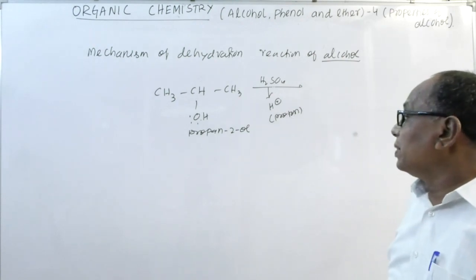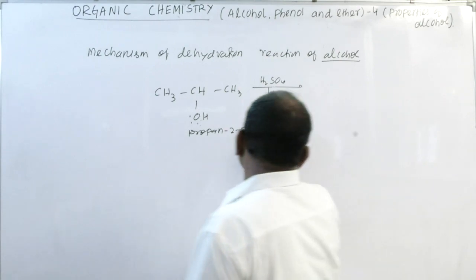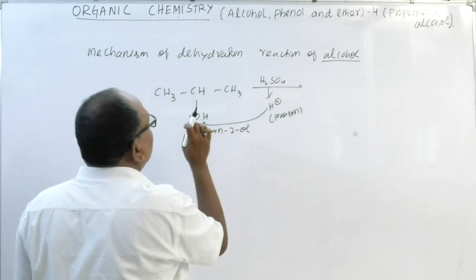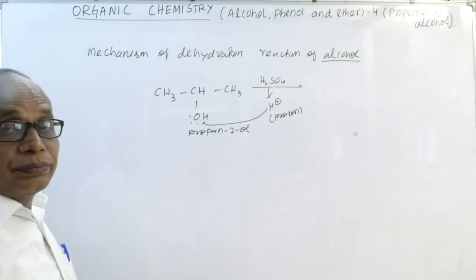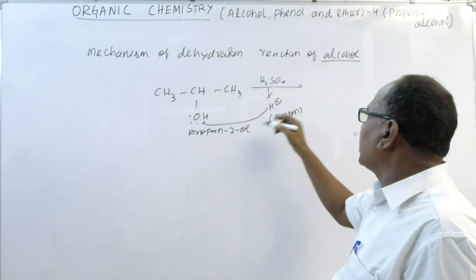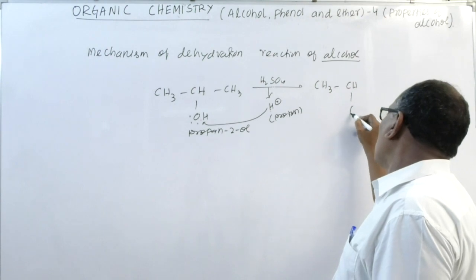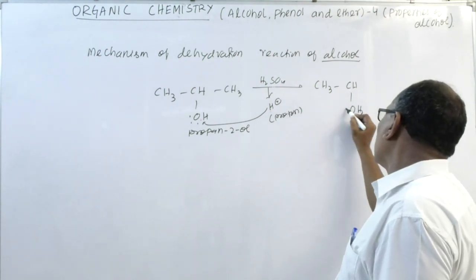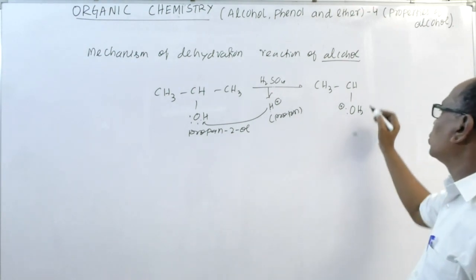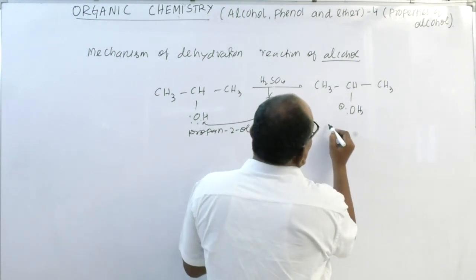What will happen? This proton first affects this one. That means this proton gets attracted towards the lone pair of electrons of the oxygen atom of the OH group. So this becomes CH3CH2OH2+, with a lone pair of electrons and a positive charge, because an electron pair is used. This is called protonation